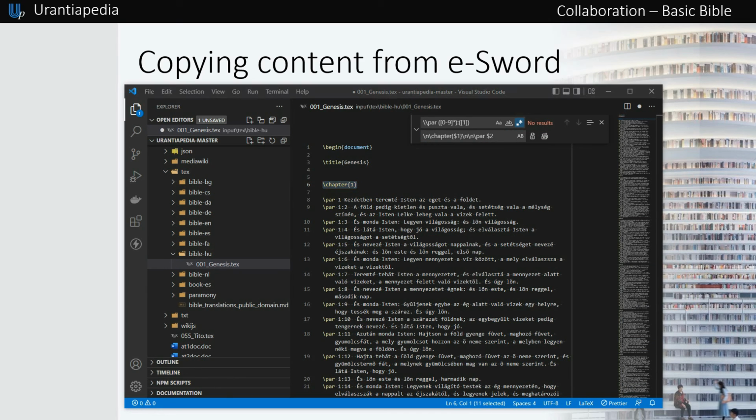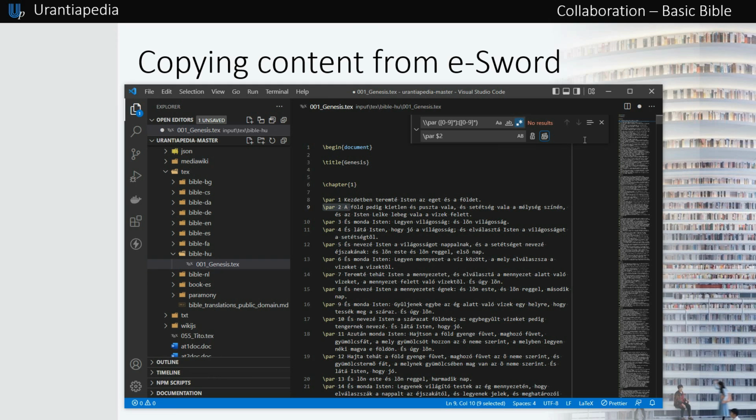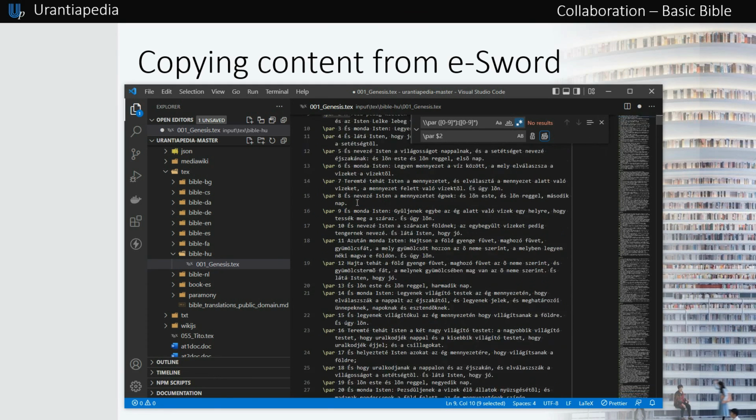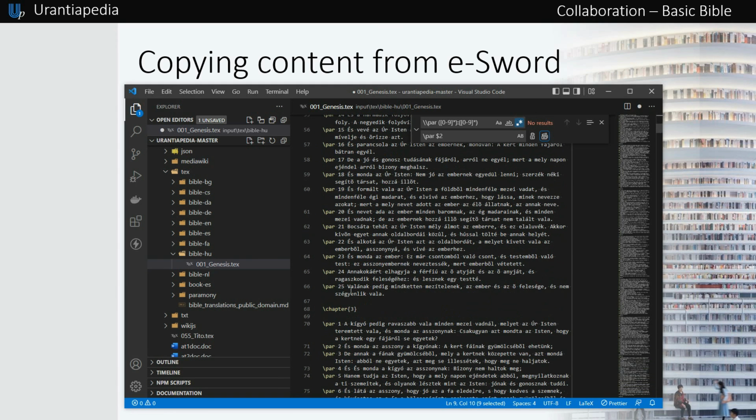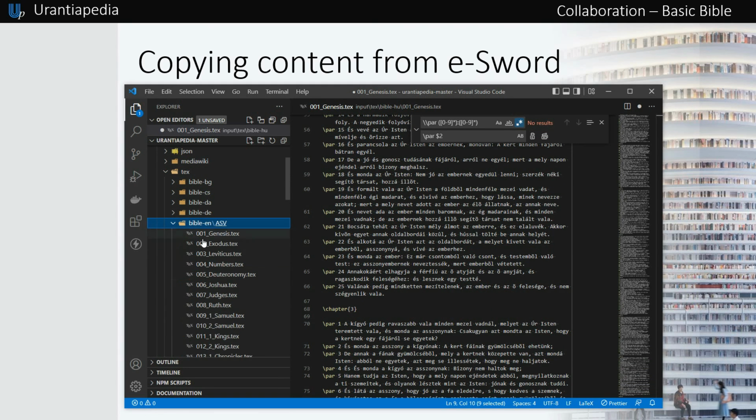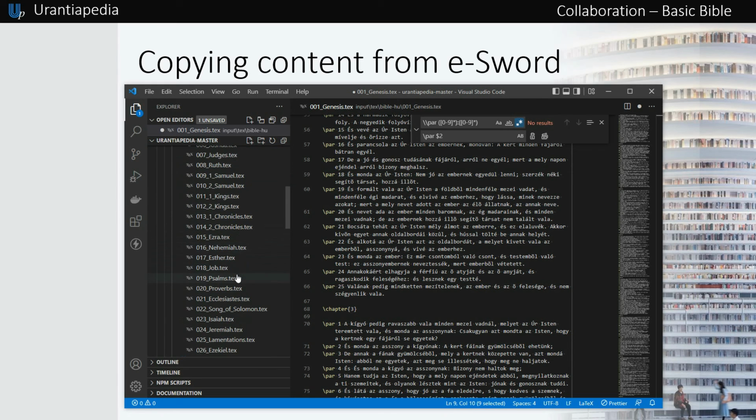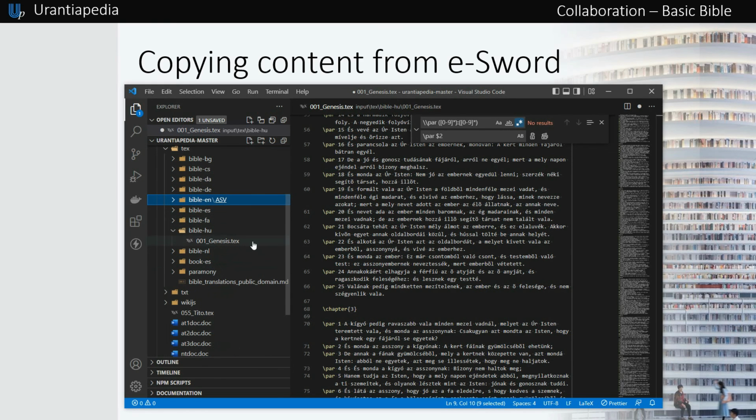Finally, in the Find box, type all this. Be aware that there is a blank space at the end. And in the Replace box, type \par and this $2 symbol without any final space. Click again on Replace All. This will set the correct format for paragraphs. And that's it. You now need to repeat this process with each book of the Bible. It is a boring task, I know, but it takes less than an hour to have all the books of the Bible in the correct format supported in Urantiapedia.